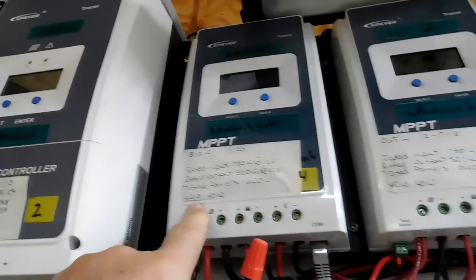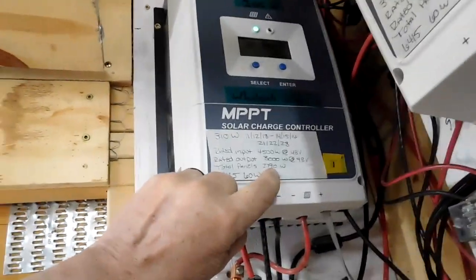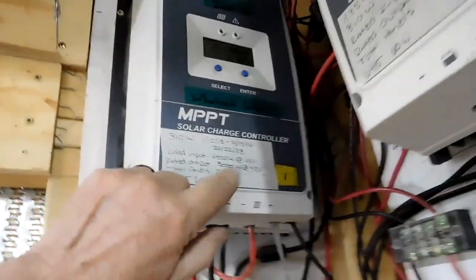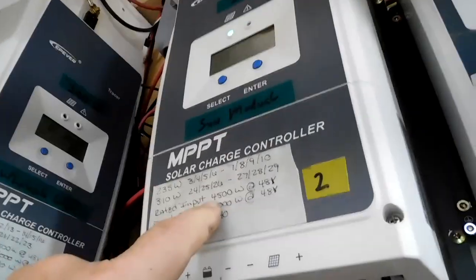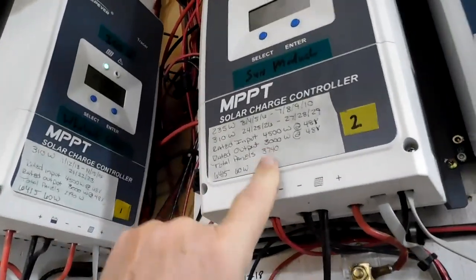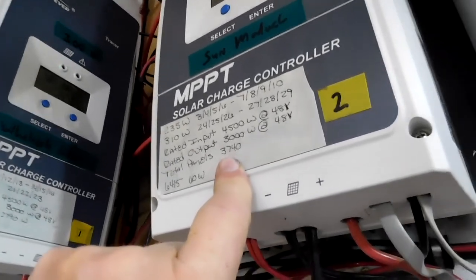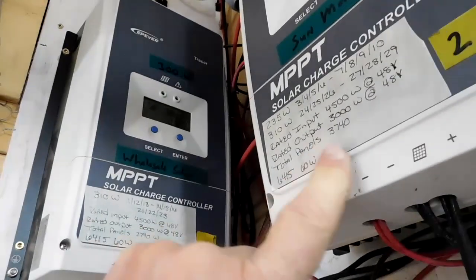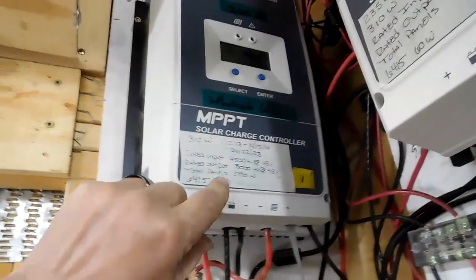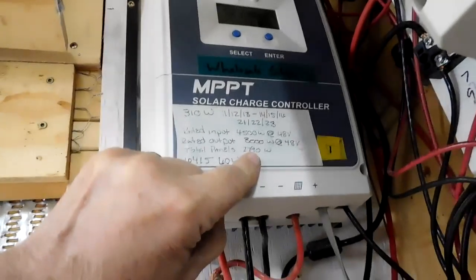6415, these were 4210s, and this is a 4210s. And we marked on them what the total of our panels are, what the rated input is and the rated output, so that I can look at it at a glance. So we're below the rated input on this by about 300 watts. No, more than that, about 700 watts. And this one here at a glance by about